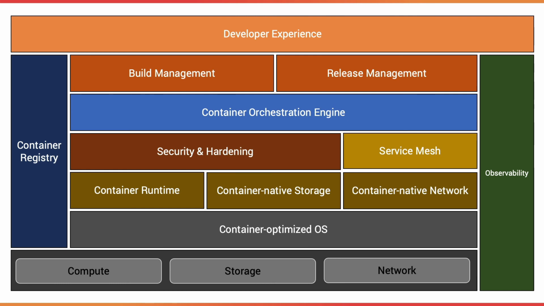And then Service Mesh, which is bringing application level networking by giving you traffic policies, by giving you observability and security across microservices communication. And then the most important building block is the container orchestration engine. And we looked at Kubernetes and some of the alternatives like K3s and commercial offerings like Red Hat OpenShift and VMware Tanzu. Build management is all about taking the source code and creating a Docker container image out of it.